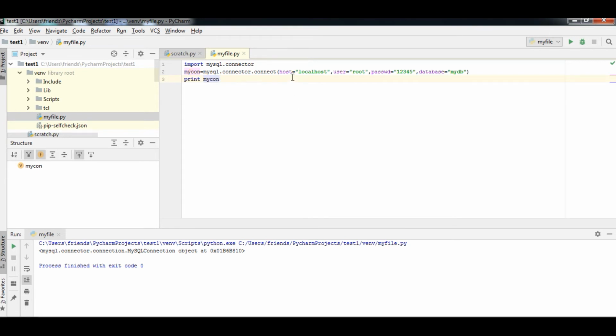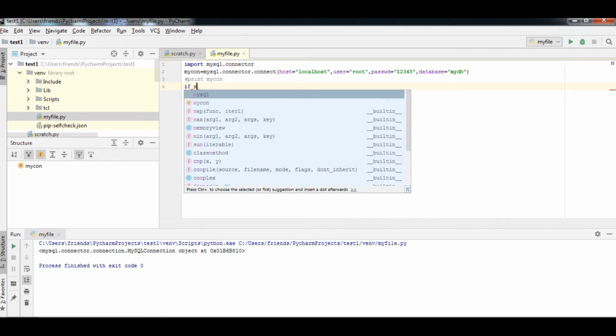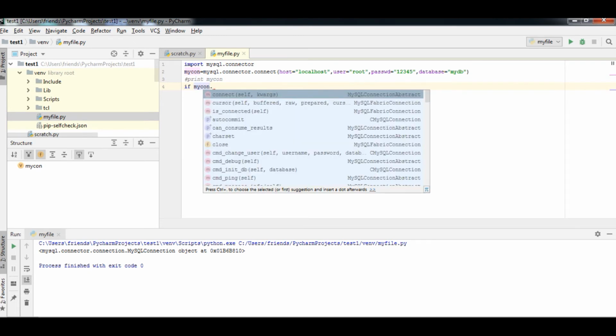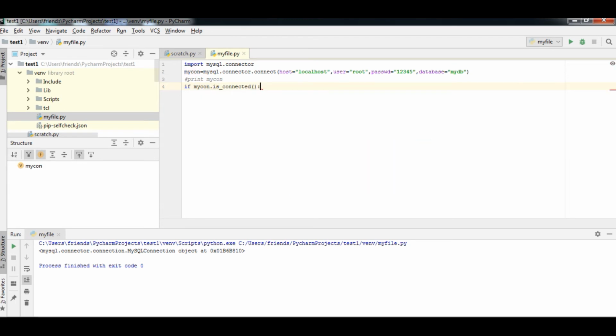Now we are planning to access my table, that is student. So I will make this a comment, and after that I am going to check whether the connection is established or not. In a conditional statement, inside if, I am going to check a particular function of this object, that is connected, and a colon. If it is connected, it will print connected. If it is not, the else part will show not connected.